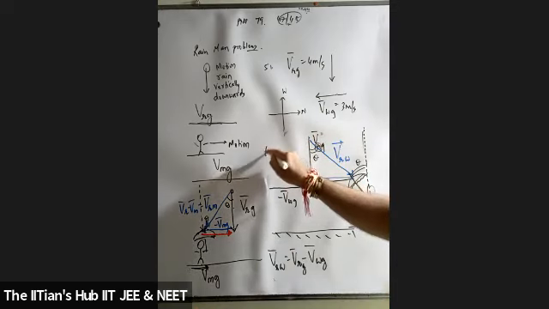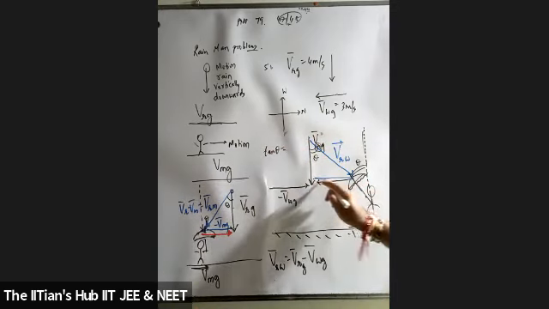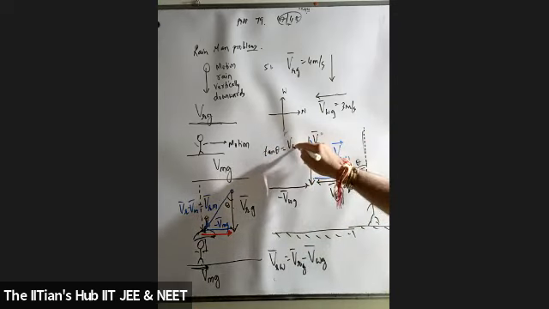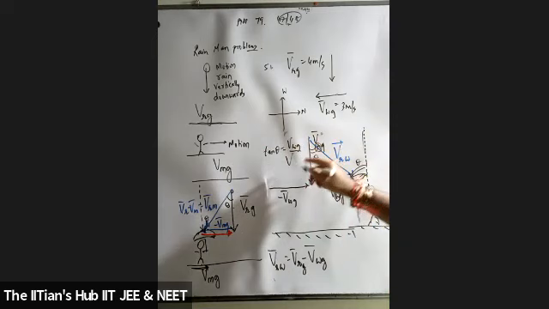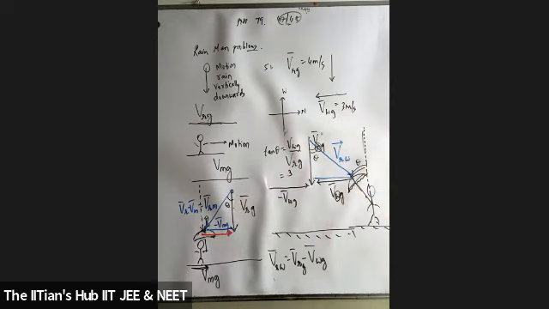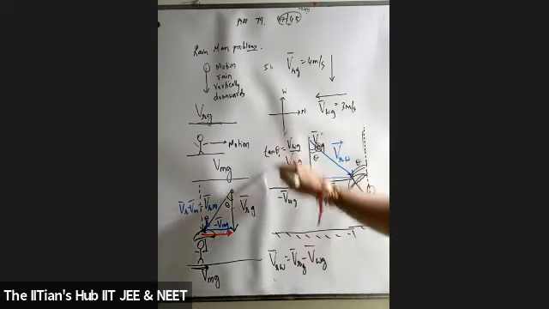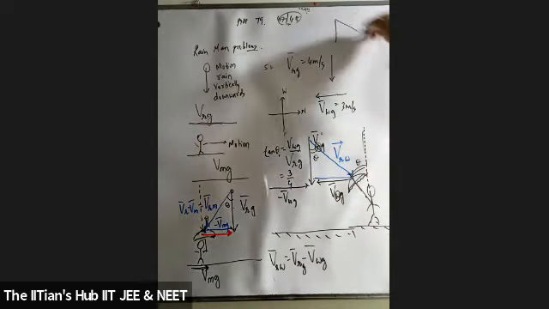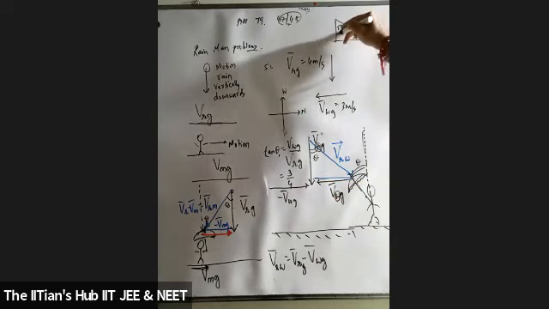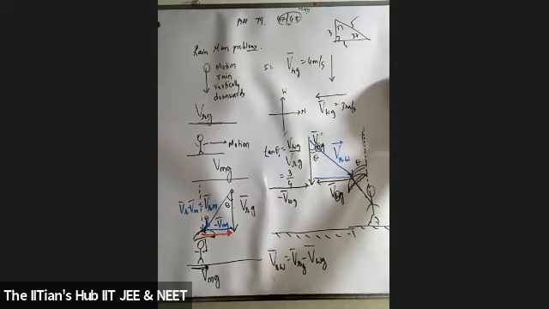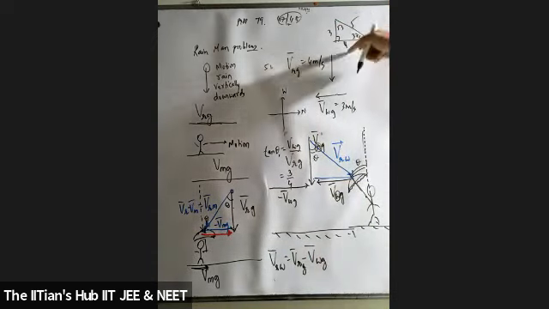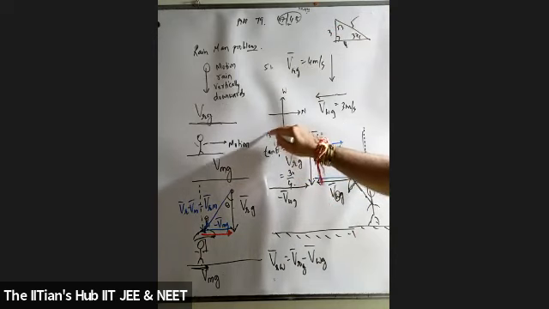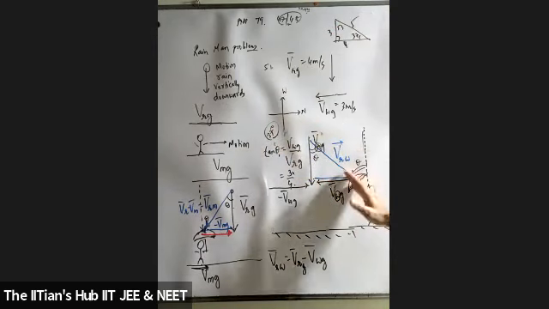So what is tan theta over here? So tan theta will be equal to what? Velocity of wind with respect to ground and velocity of rain with respect to ground. What is velocity of wind with respect to ground? 3. And what is 4? Tan theta is 3 by 4. So what is theta? 37 degrees. Agreed. Because now when I go for my angle, students, it is 37, 53, 3, 4, 5. Tan of 37 will be opposite upon adjacent. So can I say theta will be 37 degrees? क्या ये clear हुआ? Yes.